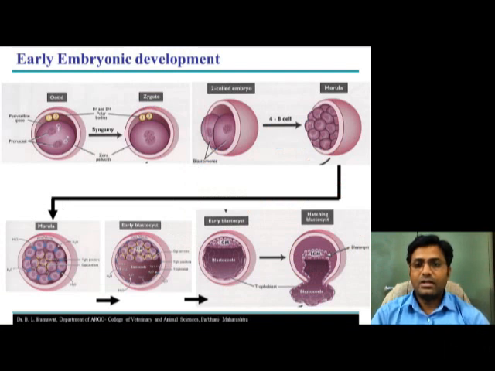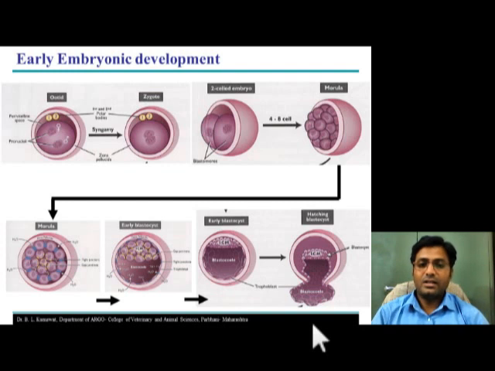the fertilization, where the single cellular zygote is rendered into the multicellular morula through the cleavage divisions, and this solid ball-like structure morula is converted into a hollowed structure that was called as blastocyst, and ultimately this blastocyst is hatched out of this hard shell of Zona pellucida, and once it is hatched out into the uterus, it becomes a free floating structure, and the next event is the implantation.